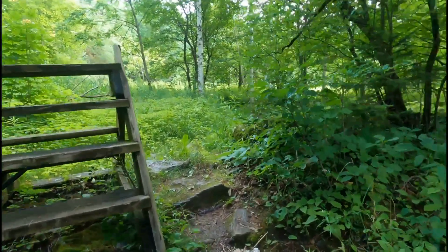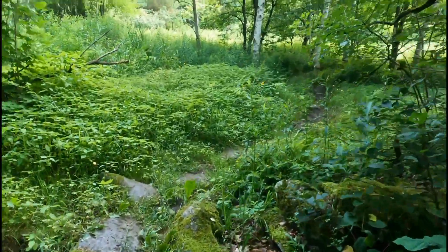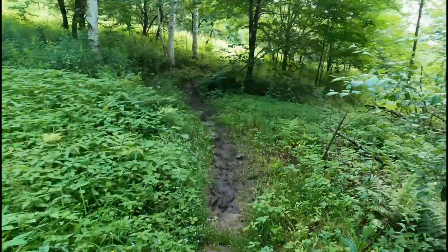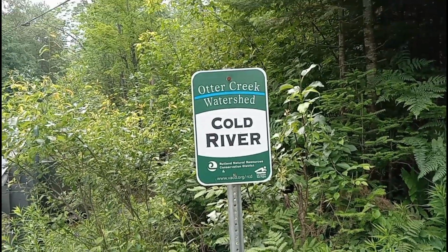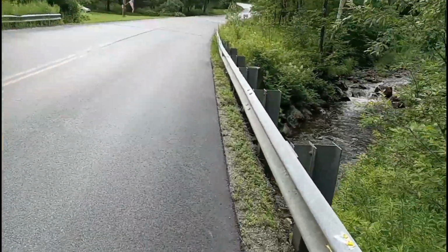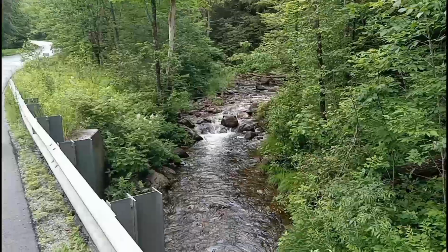Stairs, and right next to it, no stairs, but we can still continue on. Cold River, the Otter Creek watershed. As a kid, the otter was one of my favorite animals. This is